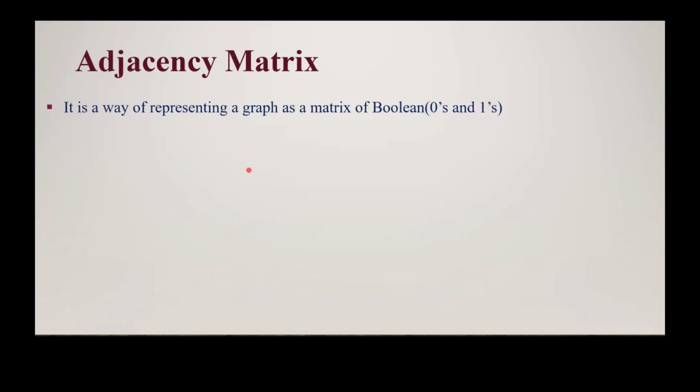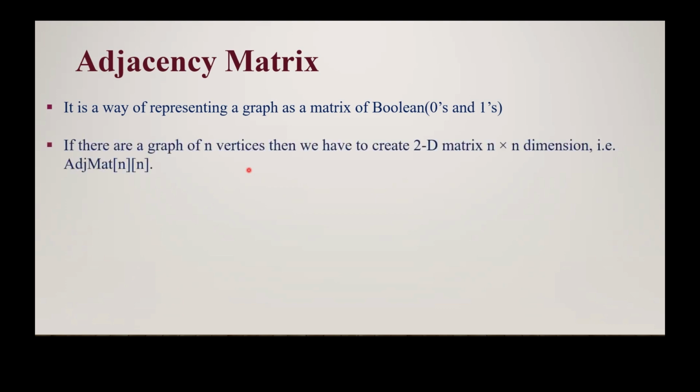It is a way of representing a graph in a matrix of Boolean values, meaning the matrix consists of 0 and 1. Here we convert a graph into such a format that the matrix consists of only 0 and 1. If there is a graph of n vertices, then we have to create a two-dimensional matrix of n cross n. For example, if there are four nodes in the graph, then we create a 4 cross 4 square matrix, and the number of dimensions should be the same as the number of nodes or vertices